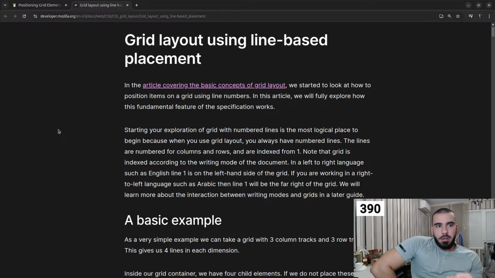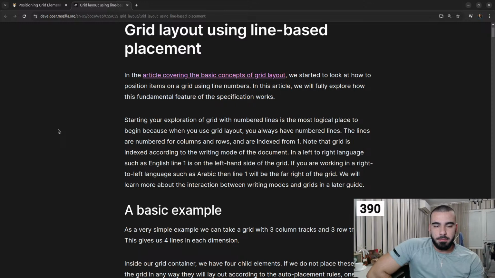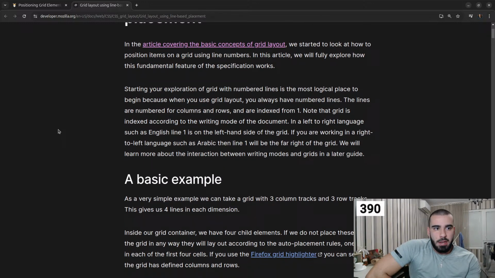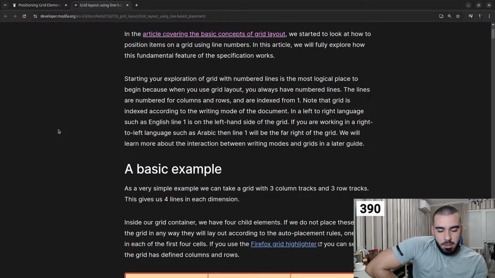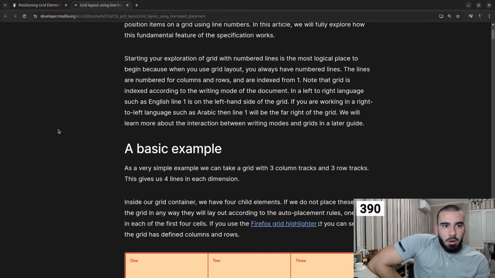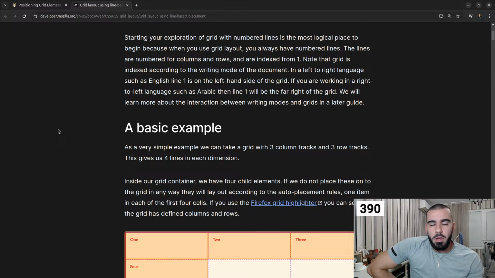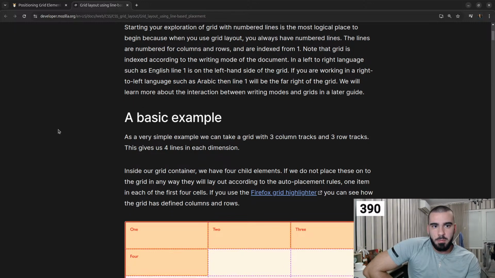Grid layout using line-based placement. In the article covering the basic concepts of a grid layout, we started to look at how to position items on a grid using line numbers. In this article, we'll fully explore this fundamental feature of the specification works. Alright. Starting your exploration of grid with numbered lines is the most logical place to begin, because